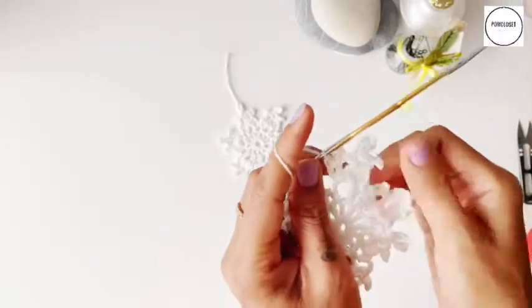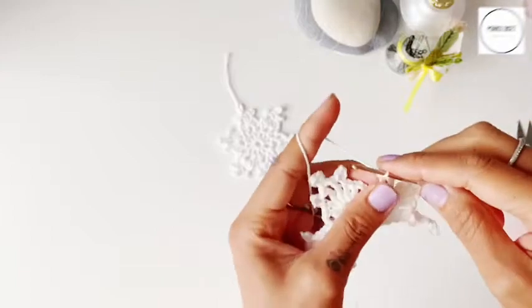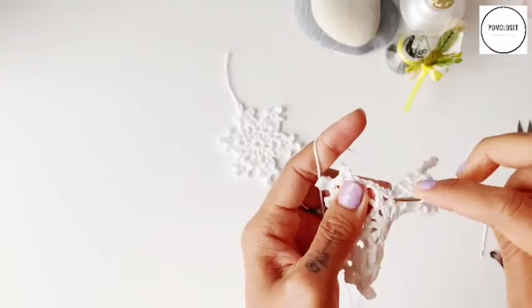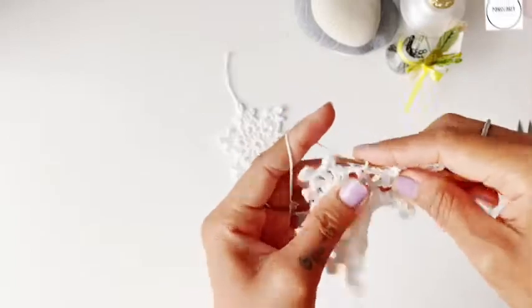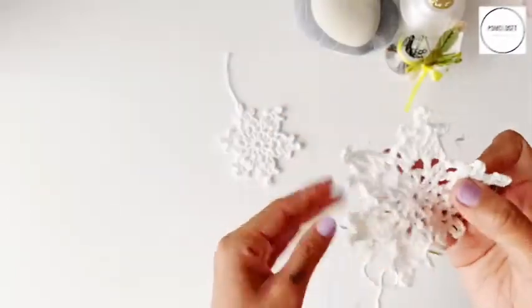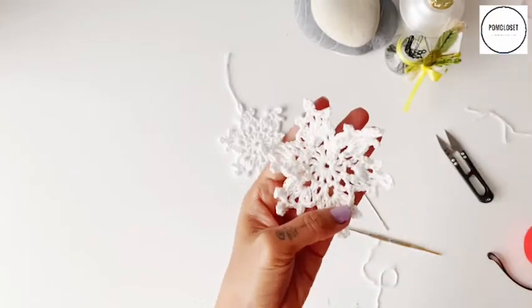So here is the last part, or the last of the snowflake here. You need to chain 2 and then slip stitch on the middle part of this last mesh here. Chain 1 and then I cut off the yarn. Now you will have the shape of these snowflakes. After that you need to weave in the ends and then use the yarn